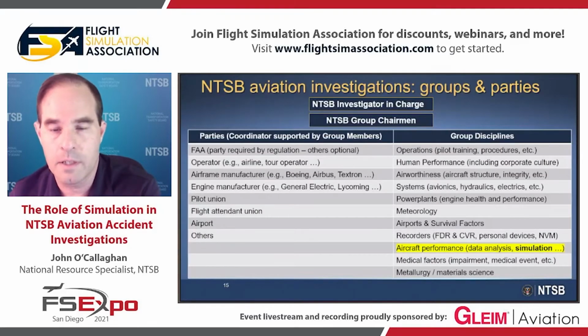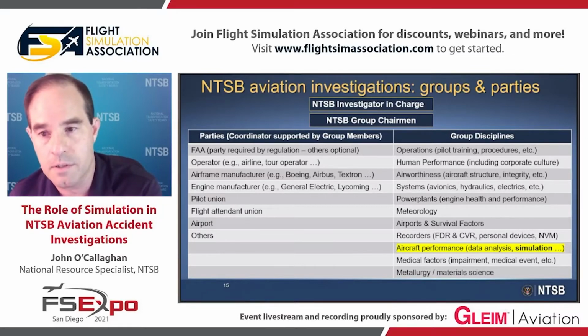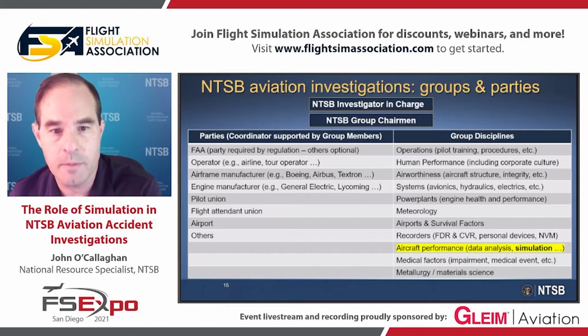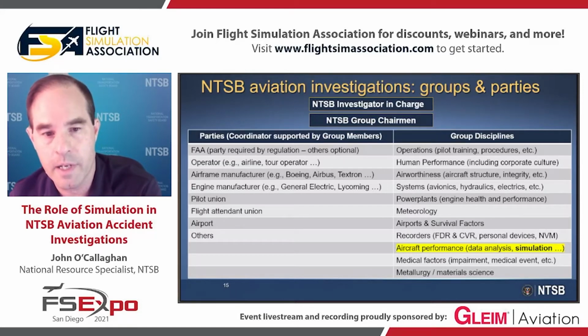This chart outlines the relationships between the IIC, the group chairmen, and the parties in an aviation accident investigation. The NTSB group chairmen are the leaders of the group disciplines listed on the right and report to the IIC. The parties are listed on the left and provide qualified members to assist each of the group chairmen in their respective discipline. Parties only need to assign members to those group disciplines in which they have expertise and can contribute